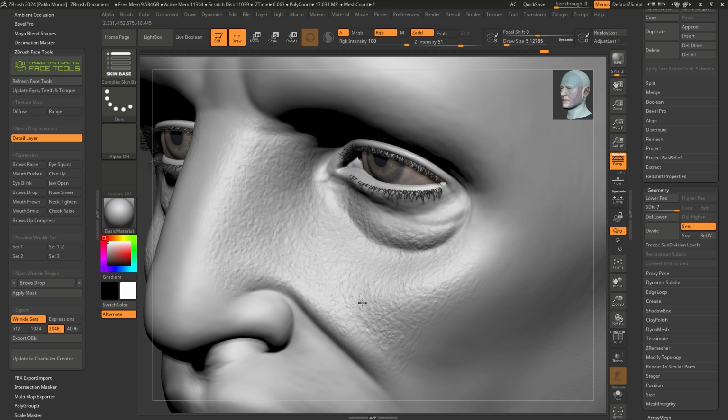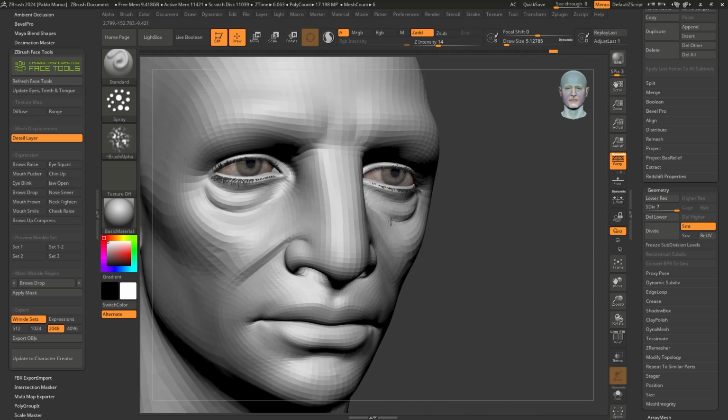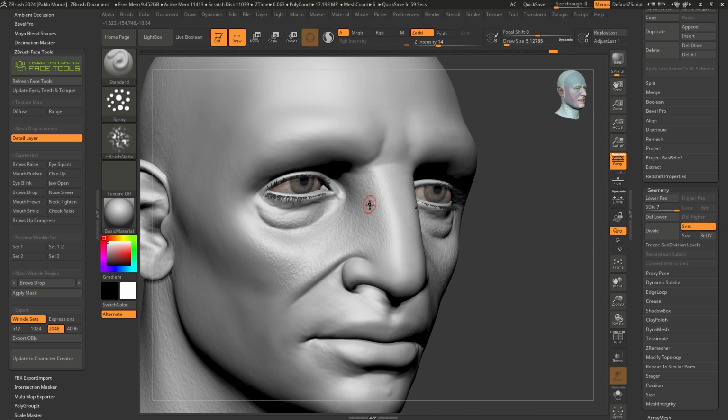And you see what this brush is doing is unifying those bumps, those crevices, and essentially steps 1, 2, and 3 into a more cohesive skin pattern, right? And I think I went a little bit too big with the bumps and the details, but hopefully you get the idea. This is the way of doing it manually. I personally enjoy it, but if you don't want to do it, if you just want to get to the expressions and skip all this process, by all means, just use the normal map that comes with CC4.